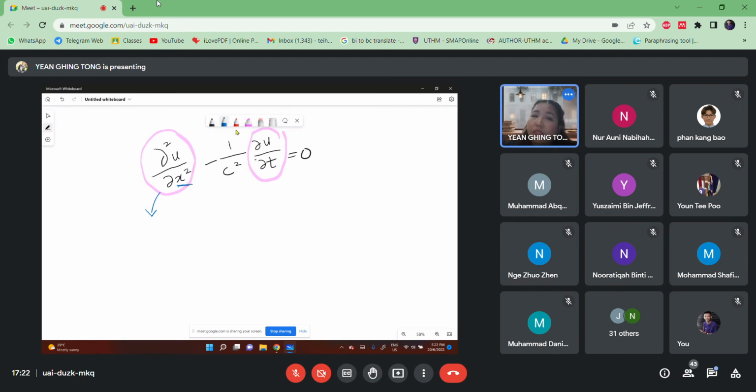Respect to x, so that means what will change is i. Okay, either i plus 1. We will have to use the second derivative. Second derivative, you can refer, because in the final exam it won't give you how to change from this second partial equation to find a different form. So let's say if you do not remember, you can refer to the numerical differentiation for the second derivative